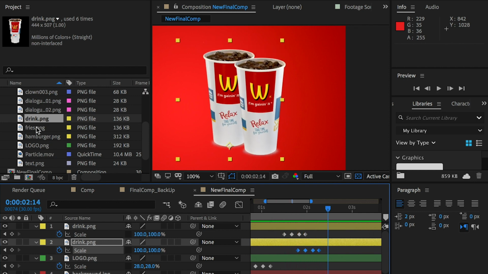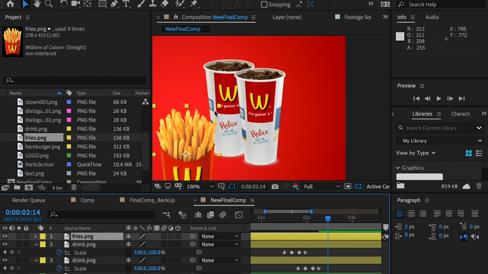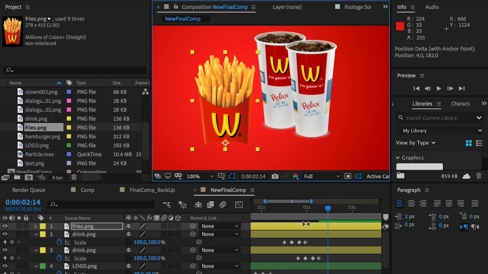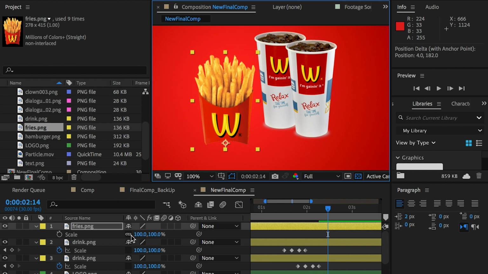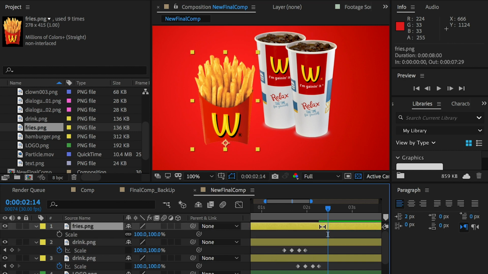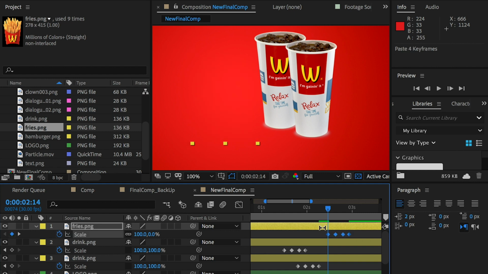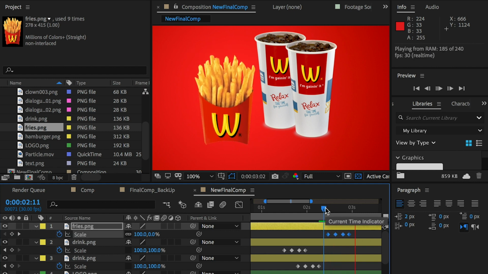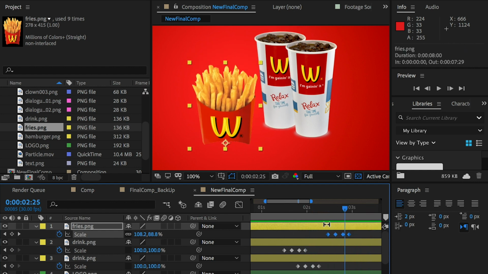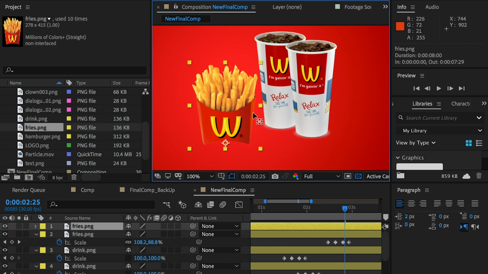And then you can get your fries here. And we'll do it the same way. So use the pan behind tool to change this anchor point down below here. And instead of manually creating the keyframes, what I'll do is I'll just copy this keyframe and select fries and paste it here. Right? So I don't have to do them individually,